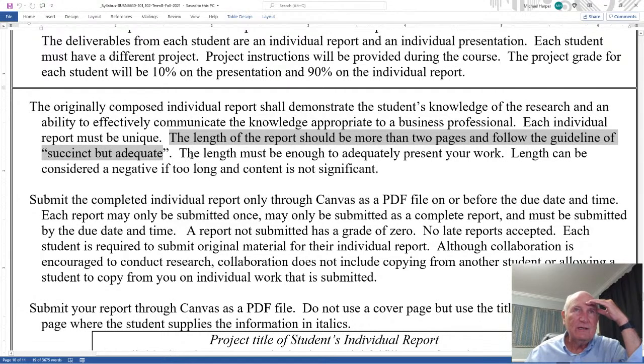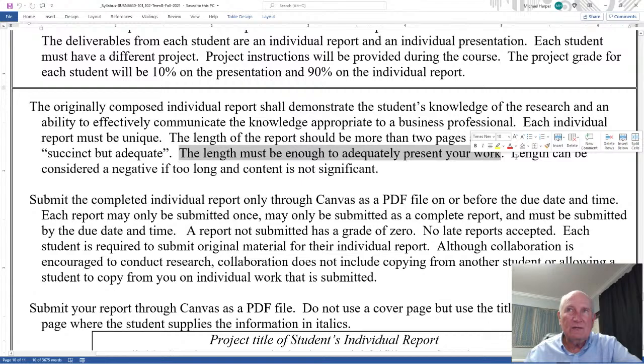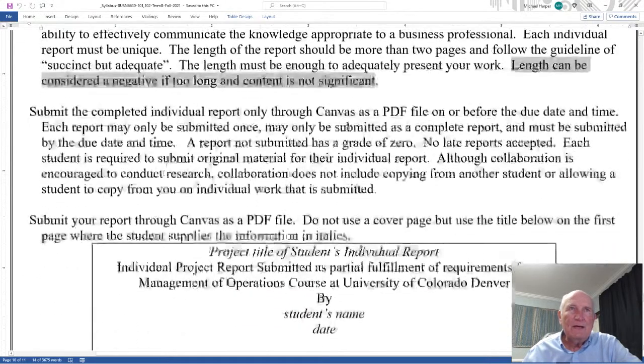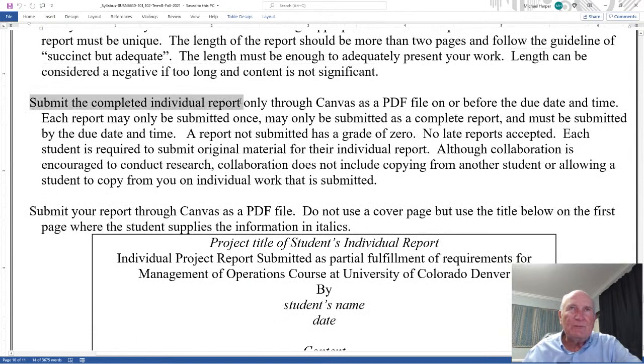succinct but adequate. The length must be enough to adequately present your work, and the length can be considered a negative if too long and content is not significant. Now, I put out 2 pages as an example. That seems to be long enough and adequate to say what you want to say from your research, with graphs and tables or whatever. Okay, submit the completed individual report only through Canvas as a PDF file on or before